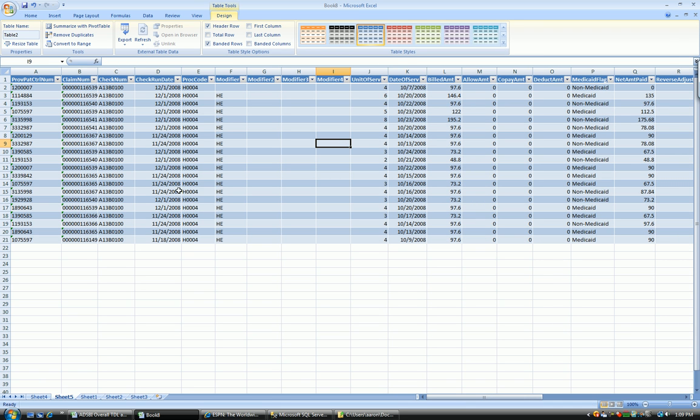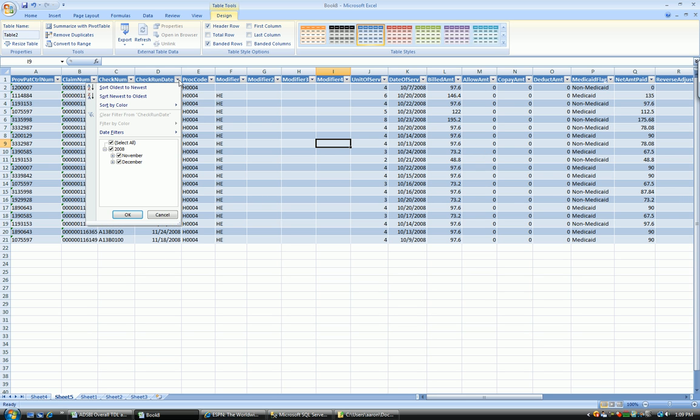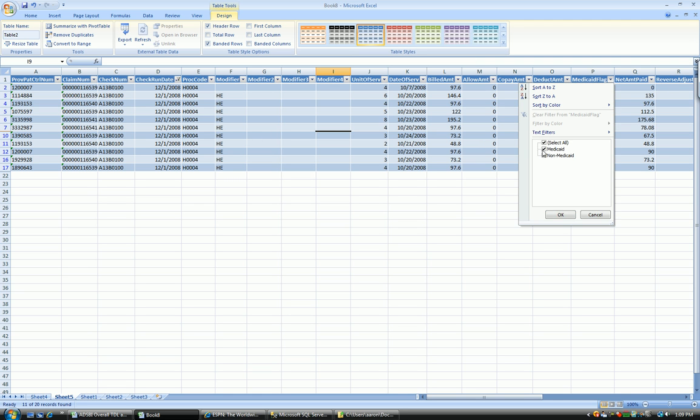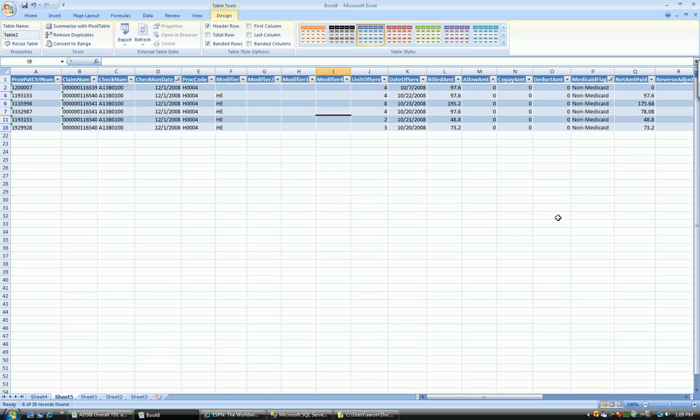The other great thing about this is then I can actually come in here. It looks like it all happened within a certain given period of time. I can actually come up here and do even more drill down. I can say, well, I want to sort it differently, or I only want to look at November or December, so I can hit there. Now I can further subdivide my data and even make sure I look at Medicaid amounts. I can continue to drill down and find out more things about my data,